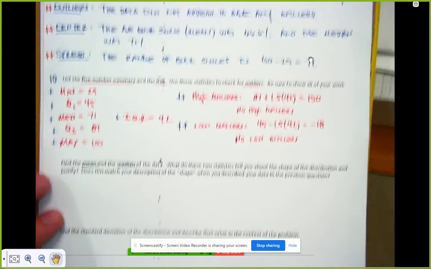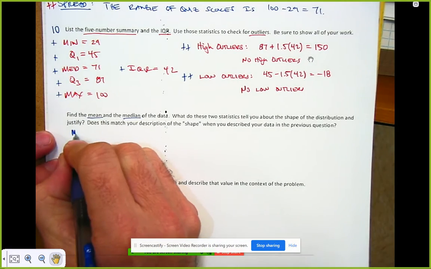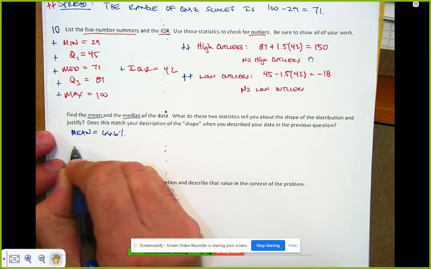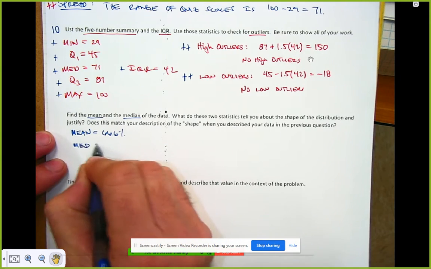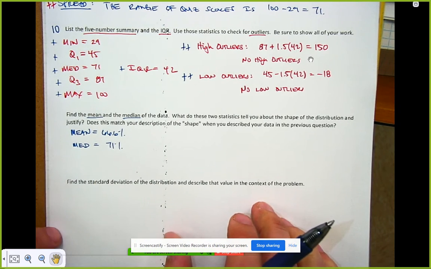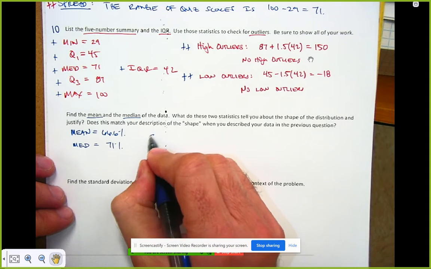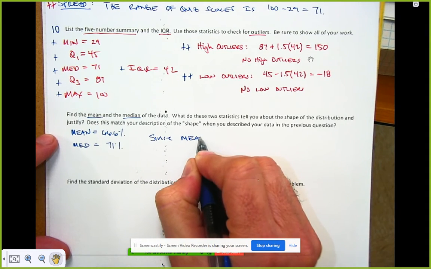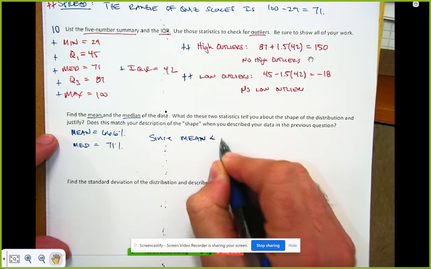Okay, so then find the mean and the median. That's going to be worth points. We already did that, so you would just repeat it. You'd say the mean was equal to 66.6%, and the median value was 71%. Okay? And then you would say, look, since the mean is less than the median,